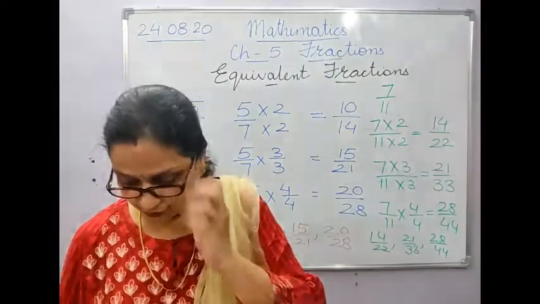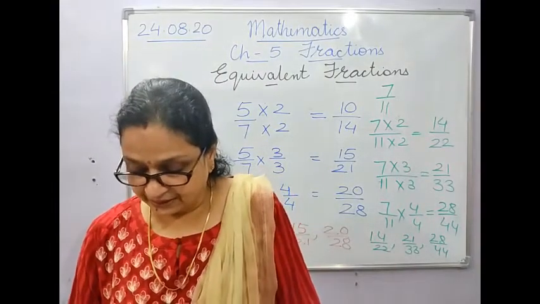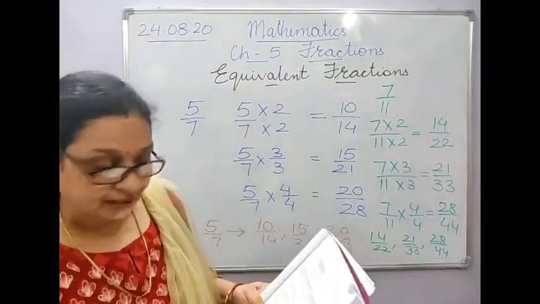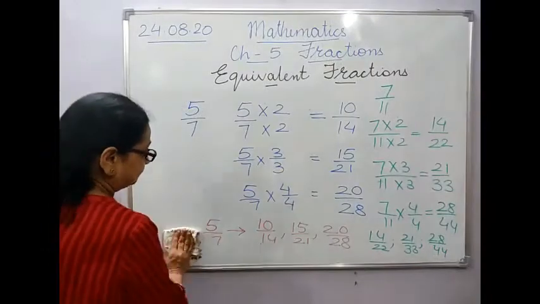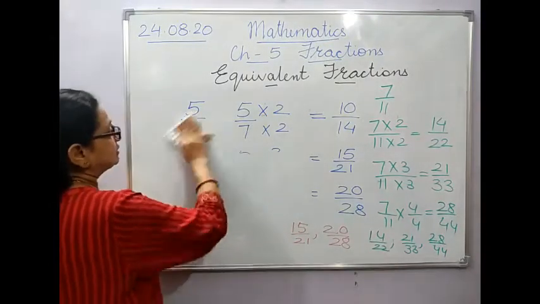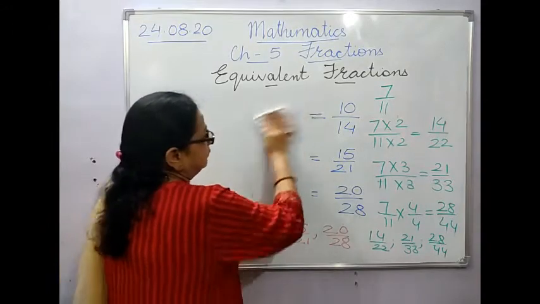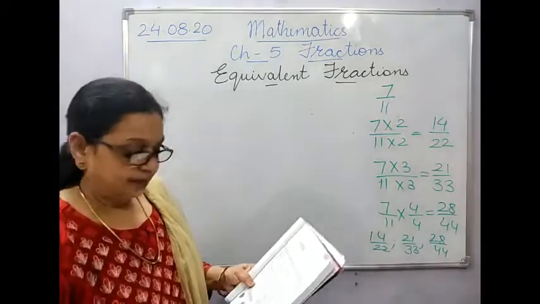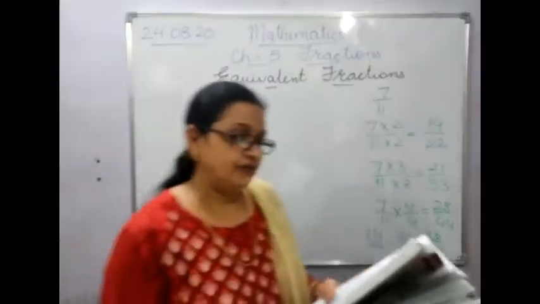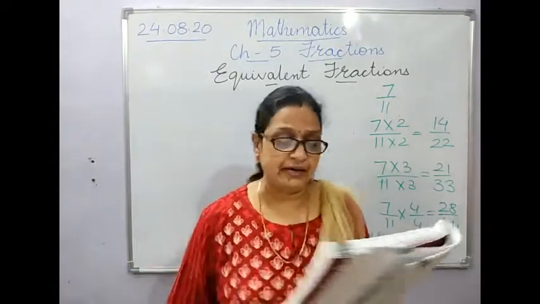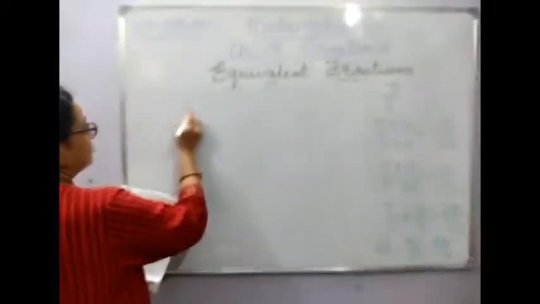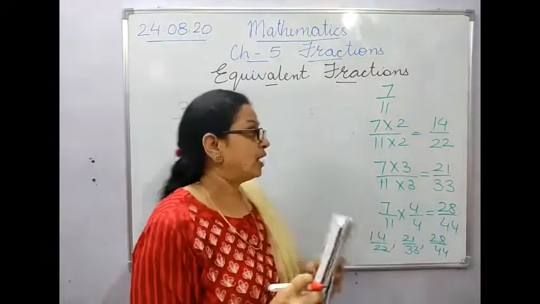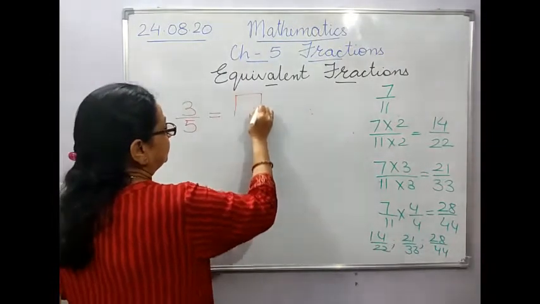Now next thing which we move on to, okay, the one example given in the book, same example I have solved over here, you can check it. Then there is one example, example number 6. It is also based on this equivalent fraction only in the book. See, it is given, find the equivalent fraction of 3 upon 5 having denominator 20, and you have to find out the numerator.